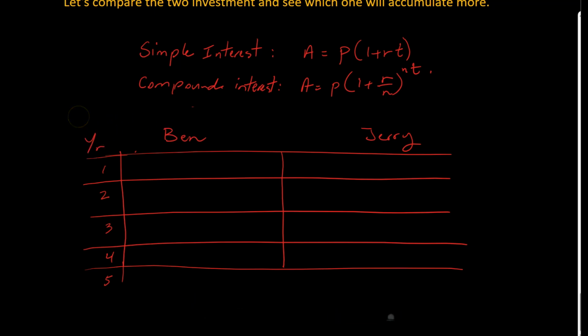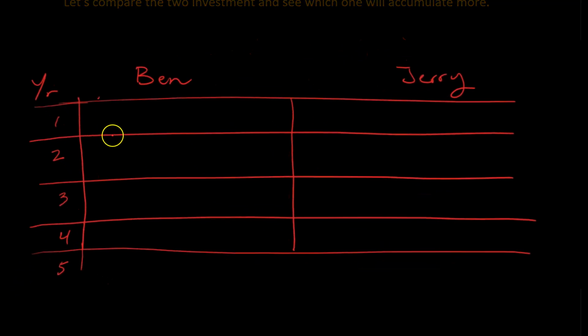So what I like to do is write up the actual formula inside of this table. Plug in numbers completely with the formula so you can see it, and then you can go ahead and do the math on that. So that's what I'm going to do for each one. Let's do that. So for Ben,